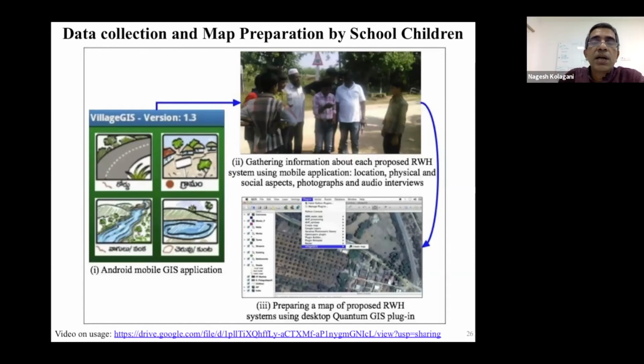One is for these school children or NGO workers, to go around and gather data and make maps. It will take at least 5 days of training. Typically, in one day they pick it up, but they'll forget. Again, the second day they have to repeat: collect data, make a map. Unless they do it at least 3 times, by the second day they get a feel of it. The third day it gets into their head. The fourth day they do a project. So it takes 5 days of training.